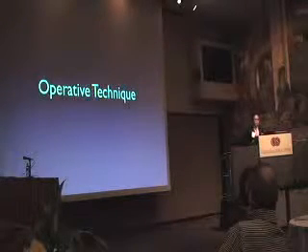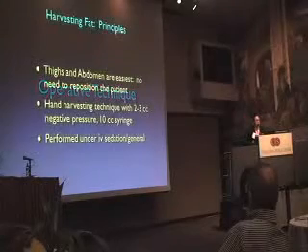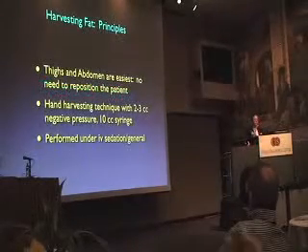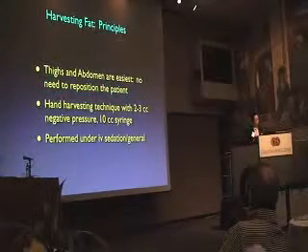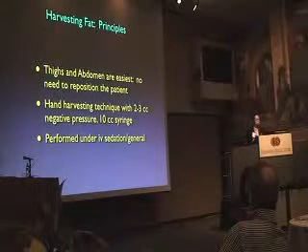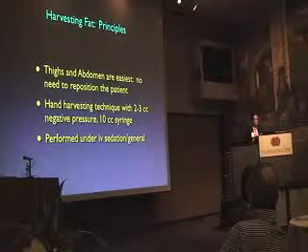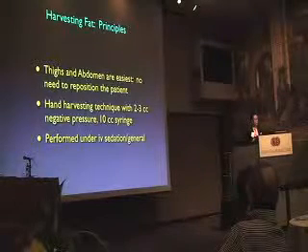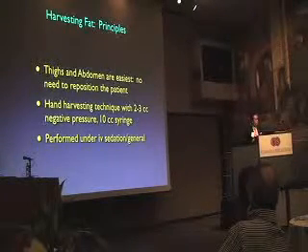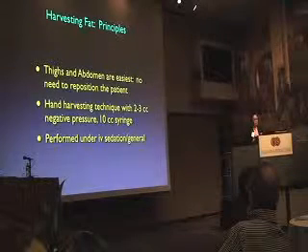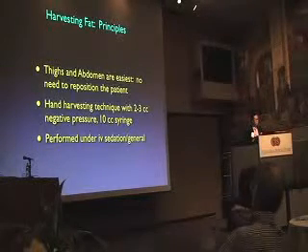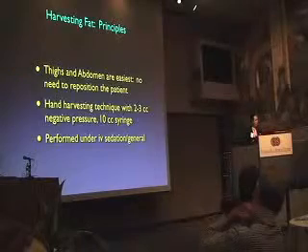We're going to talk a little about some technical pearls, how to do this safely. Obviously, experience and conservatism are watchwords when we work with this. The easiest place for me to harvest is the inner, anterior and lateral thighs when a patient is supine. I do my procedures under general anesthesia. It makes things much easier, not having to reposition the patient. And I just use a harvesting cannula where I'm using 2 to 3 cc's of negative pressure.